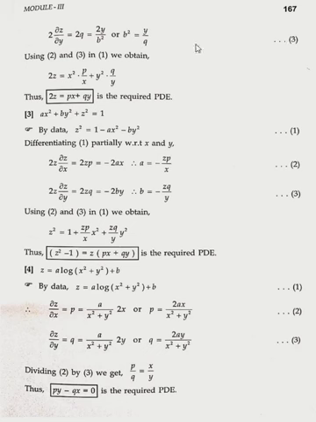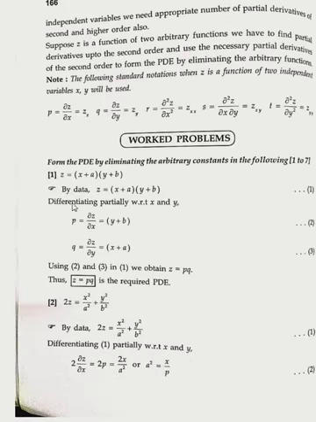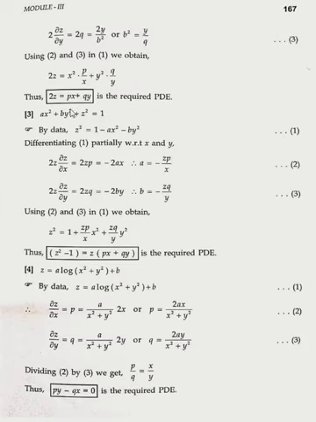Call this equation 3. Using equations 2 and 3 in equation 1 we obtain, therefore, what is equation 1? 2z is equal to x square divided by a square. What is x square divided by a square? Here x square divided by a square is